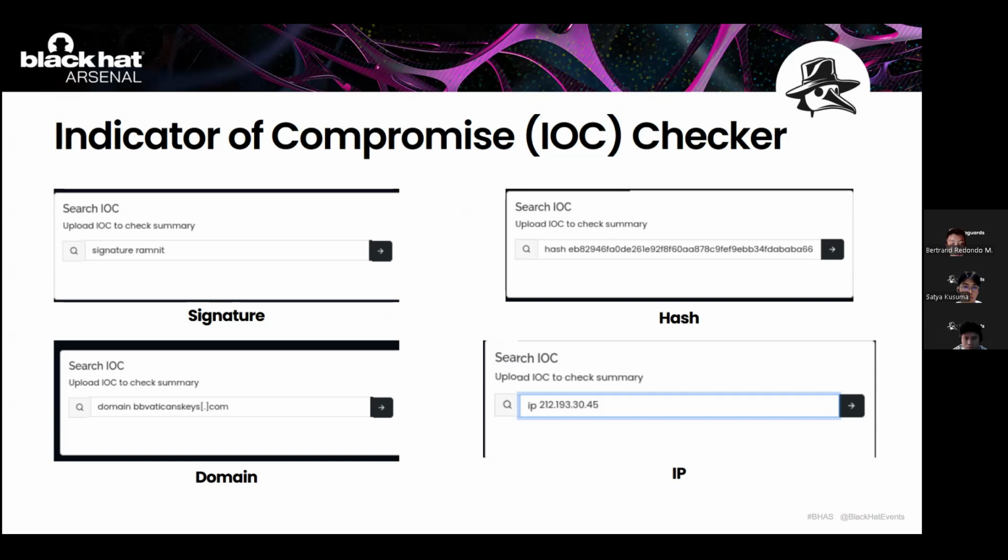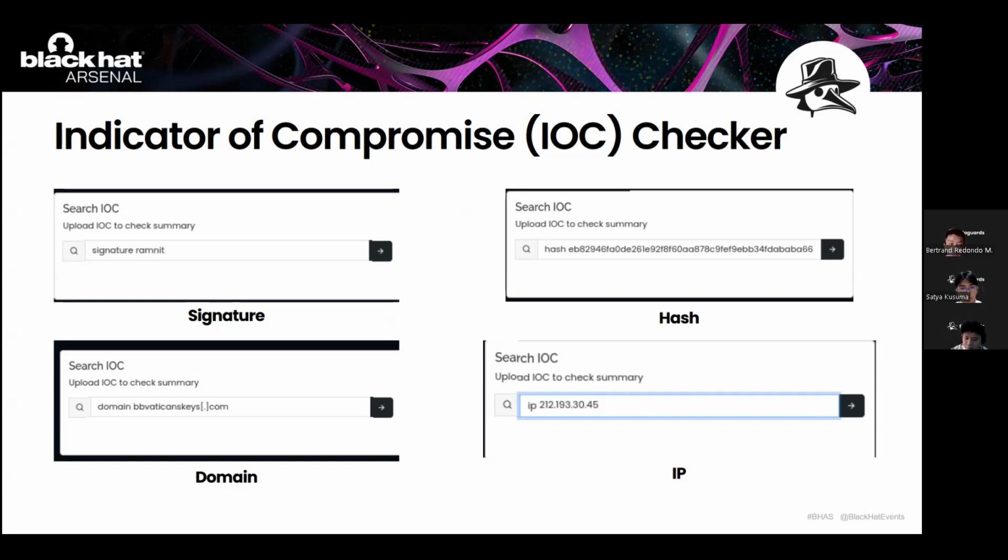If the user gives more or less than that, the application will return an error. Also, the first argument must be one of these four parameters. If the user does not give the first argument with the exact parameter value, the application will show an error. So this is for the inputs of the IOC checker feature.